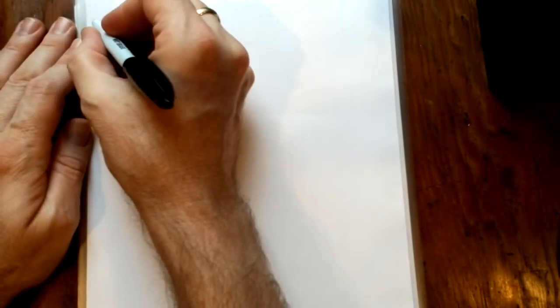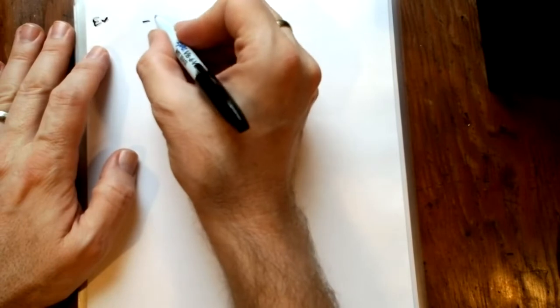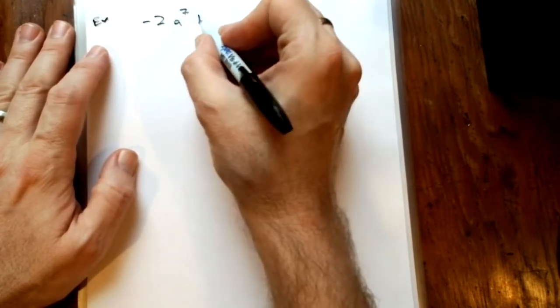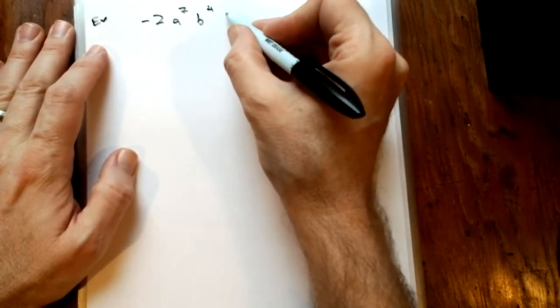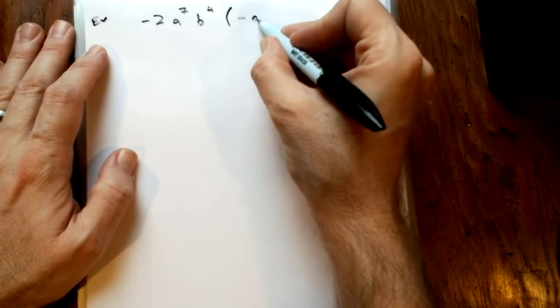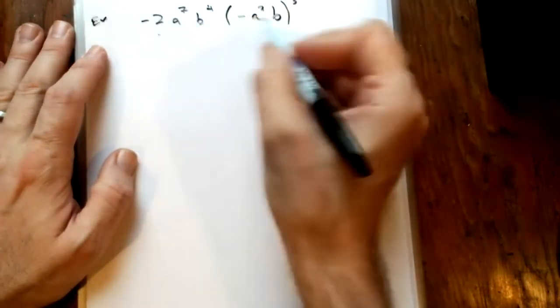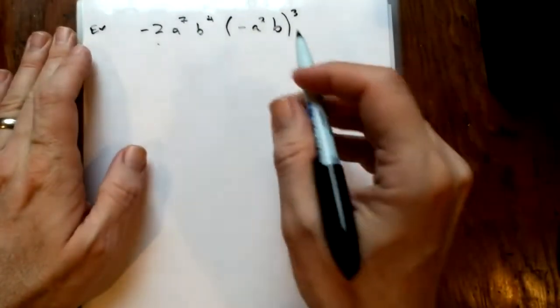Okay, let's move on to our second example. I've got negative 2 a to the 7th b to the 4th times negative a squared b cubed. Now here I'm involving some negative numbers. My trick with this is to